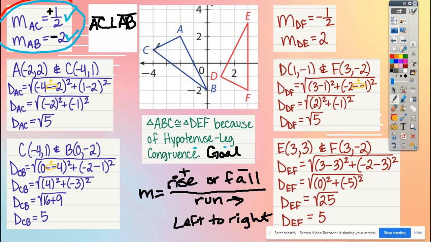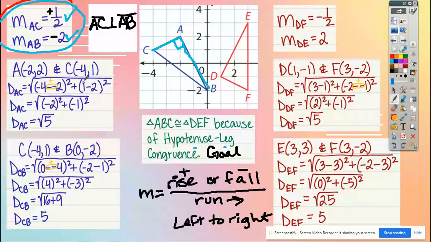So since AC is perpendicular to AB, I'll trace that over actually, so you're not confused. AC had a slope of 1/2. AB had a slope of -2. Can I say that this is a right triangle because they're perpendicular slopes? The answer is yes, because once you have perpendicular slopes, that means a right angle was formed. All right, next we have,